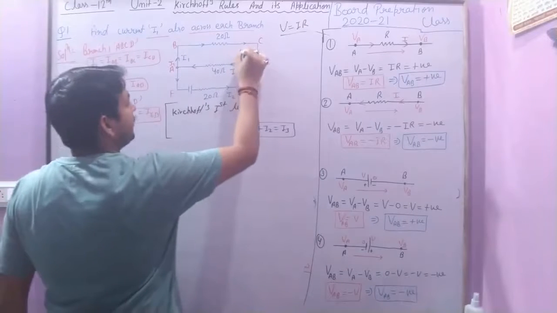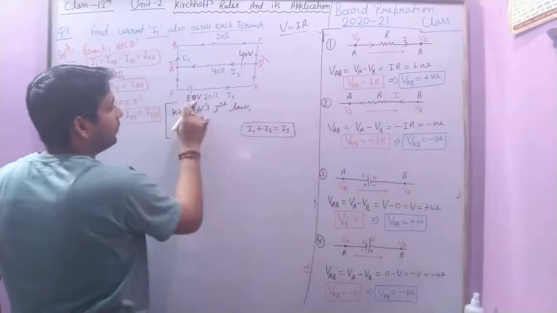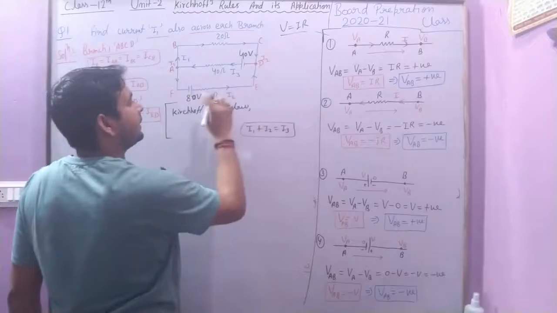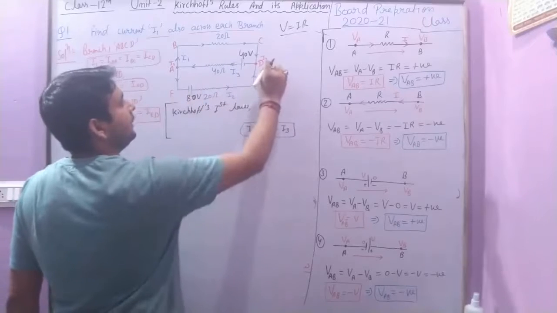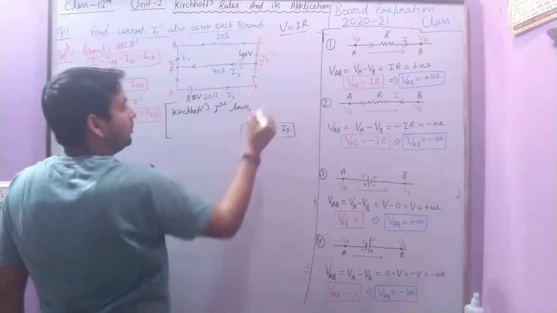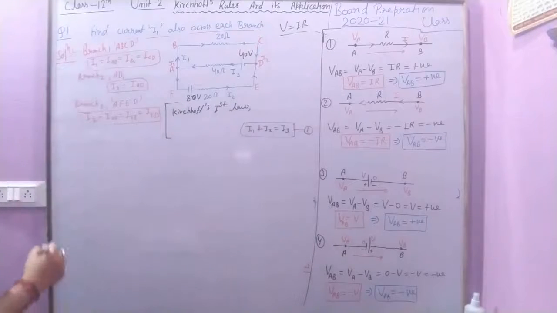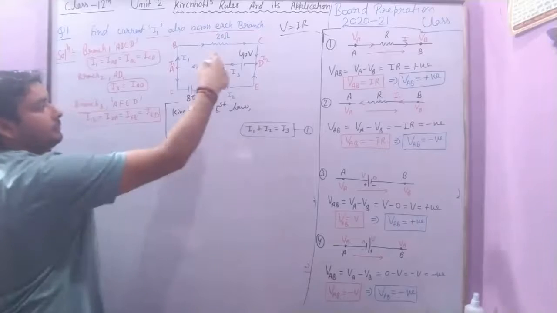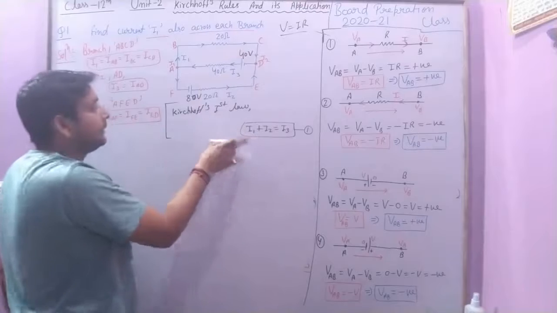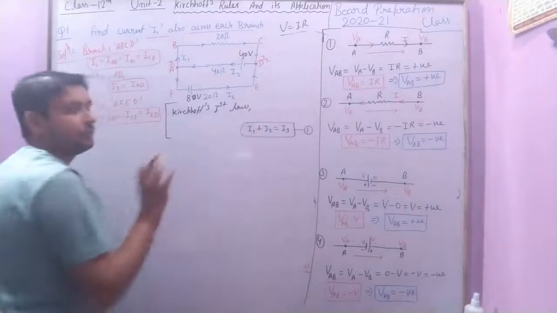This is a battery of 40 volt and this is a battery of 80 volt. So the battery of higher potential is carrying current from E to D and the lower potential is carrying current from C to D. So this result is perfect. This is your equation first. Now after calculating the current according to the Kirchhoff rule, you need to apply your law. The current will distribute according to Kirchhoff's first rule.